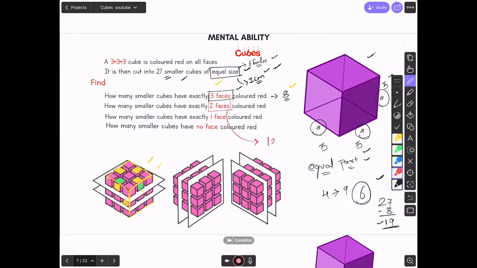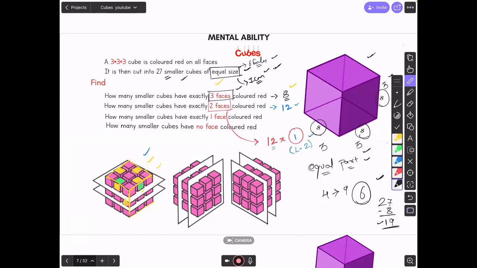The question is per edge पे how many you are getting it. So how many are you getting it per edge? 1. So answer is 12 into 1. Answer is 12. So 2 faces colored red, you find it as 12. Okay, in the exam you're not drawing all this diagram. Okay, you are just putting like, okay, 2 faces colored red, you get it on edge, 12 such edges. How many per edge? Length of the edge minus 2. This is your formula. Please make a note of this.